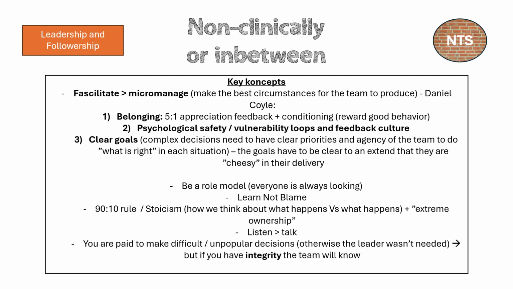Your leader has to trust you, but you cannot get an algorithm of what to do, because oftentimes these decisions are complex. You cannot foresee what you have to do, and therefore you need some principles, like your organization's principles, and they have to be quite clearly spoken out. It could even be almost cheesy,